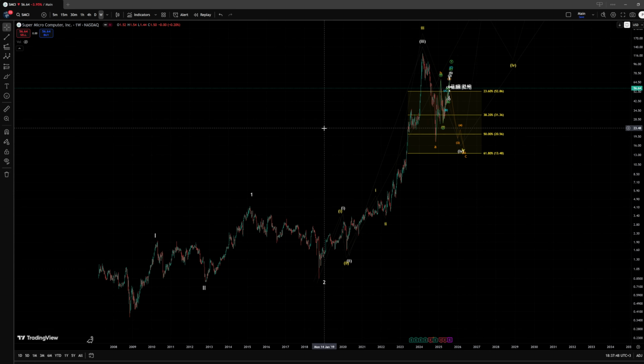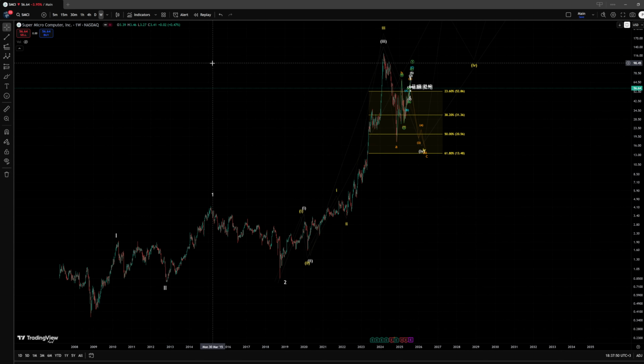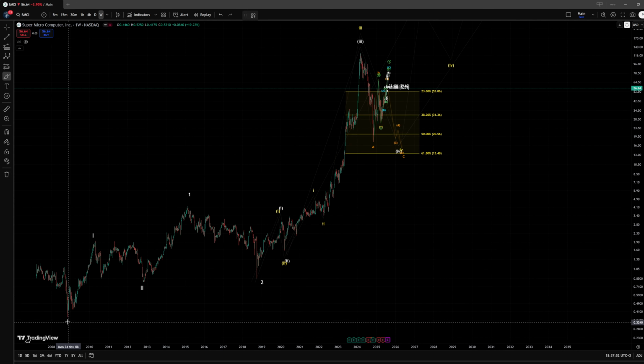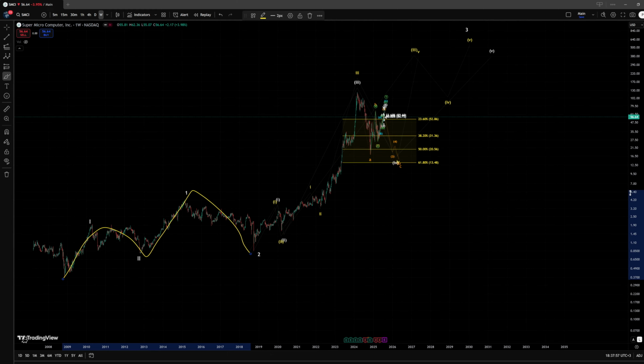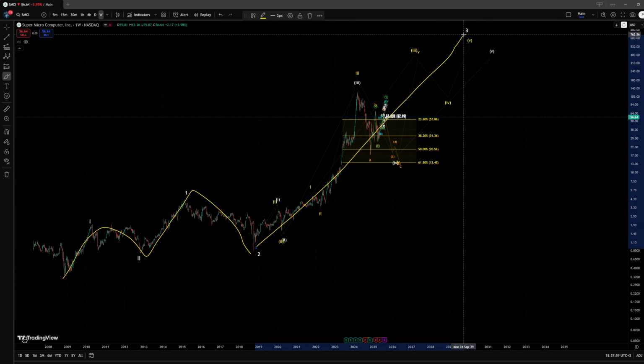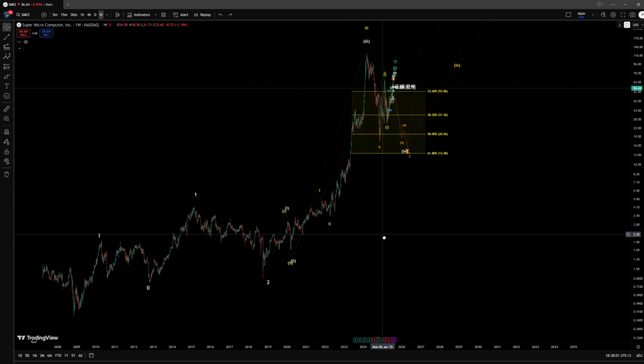In this video we are looking at Super Micro Computer, and on the large time frame we have been tracking this as a 1-2-1-2 setup, with the third wave still unfolding to the upside. Now so far we have been tracking